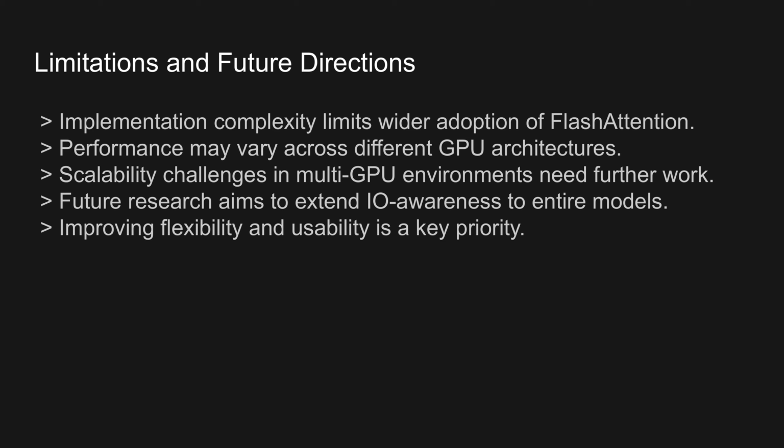I see. So, the idea is to make the entire deep learning model more memory efficient, not just the attention part. That makes sense. Using multiple GPUs could add more complexity but also more opportunities for efficiency gains. Multi-GPU parallelism would require new techniques to manage the data transfer between GPUs, which would be another promising area of research. Overall, these limitations and directions highlight the scope for broader advancements in IO-aware deep learning, beyond the current